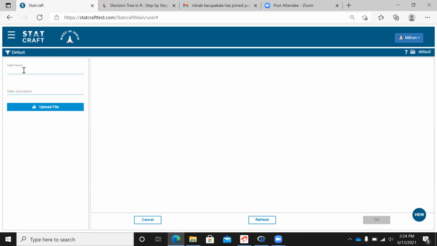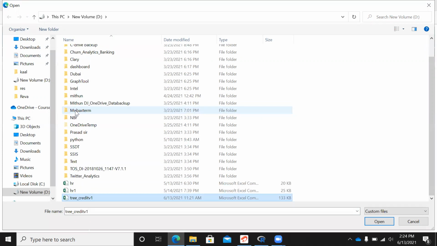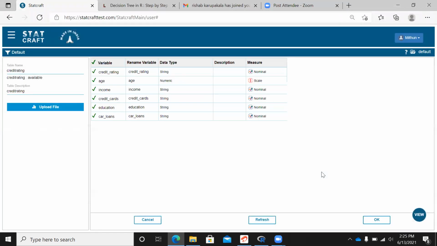Now it's asking me to provide a table name. I will say credit rating, right? So this is the name of the table. I have to click on this option, upload file. I can go to D drive. The name of the file is tree_credit. So this is the file, as you can see, tree_credit, which I want to import. I can just click on open, and within the span of milliseconds, it imports the data set that I want